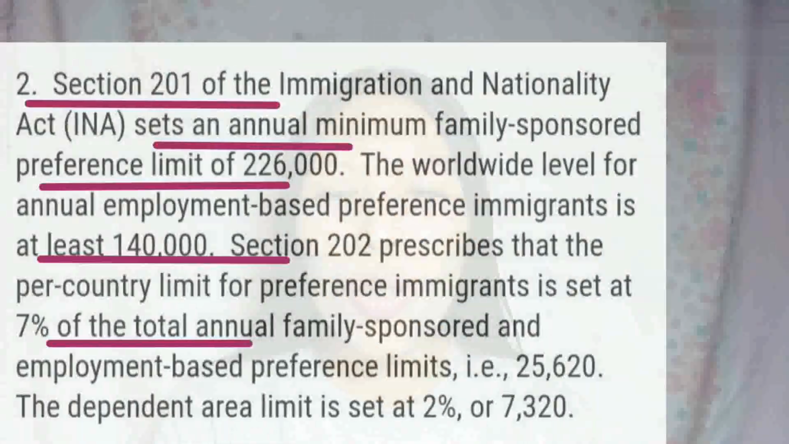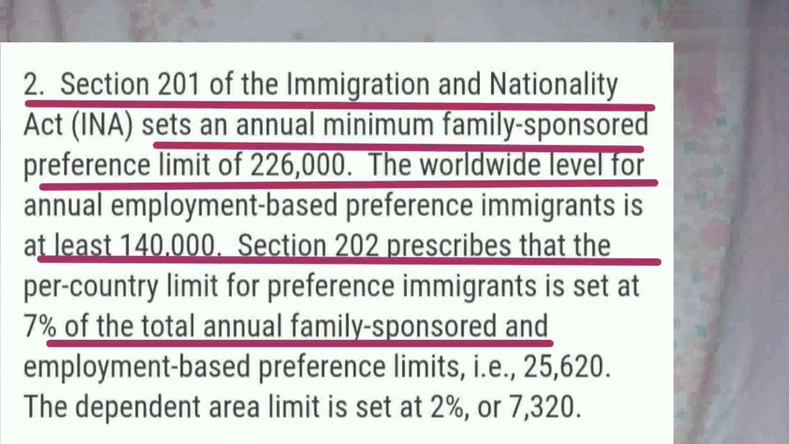Number 2. Section 201 of the Immigration and Nationality Act, or INA, sets an annual minimum family-sponsored preference limit of 226,000. The worldwide level for annual employment-based preference immigrants is at least 140,000. Section 202 prescribes that the per-country limit for preference immigrants is set at 7% of the total annual family-sponsored and employment-based preference limits. For example, 25,620. The dependent area limit is set at 2%, or